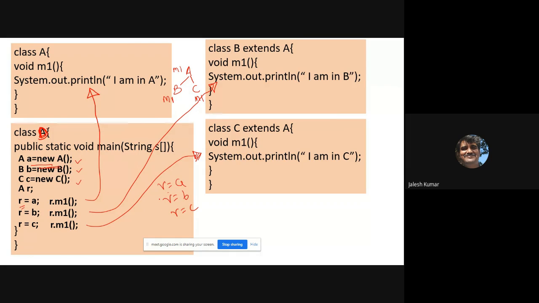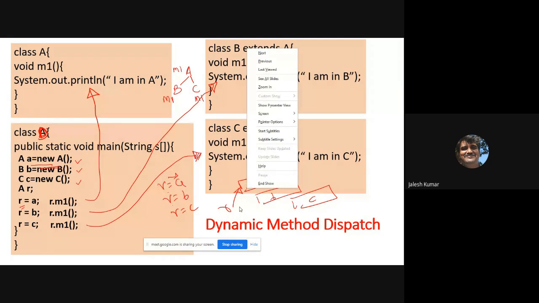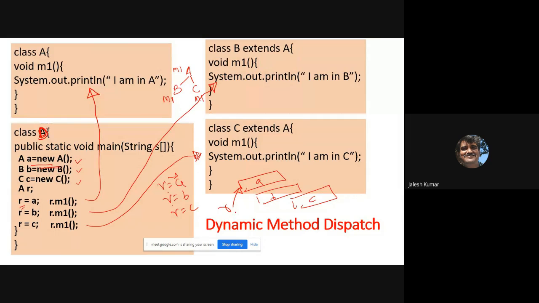This particular concept is what is runtime polymorphism, that is what dynamic method dispatch. Okay, dynamically it's pointing to A, and when you assign R equals B, it is pointing to B, and then it is pointing to C. See R, dynamically it is changing. When you initialize, it is pointing to that location. And after next instruction, when it executes, it is pointing to this. And next, it is pointing to this. Like that, at runtime, you are changing.